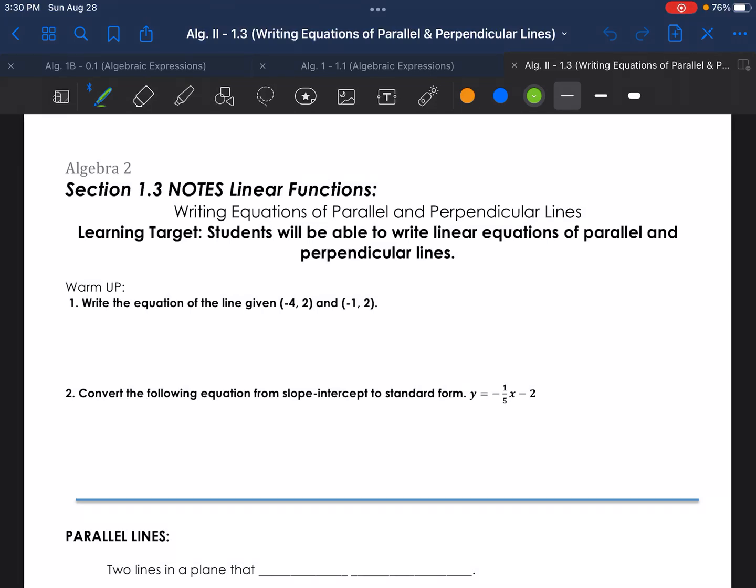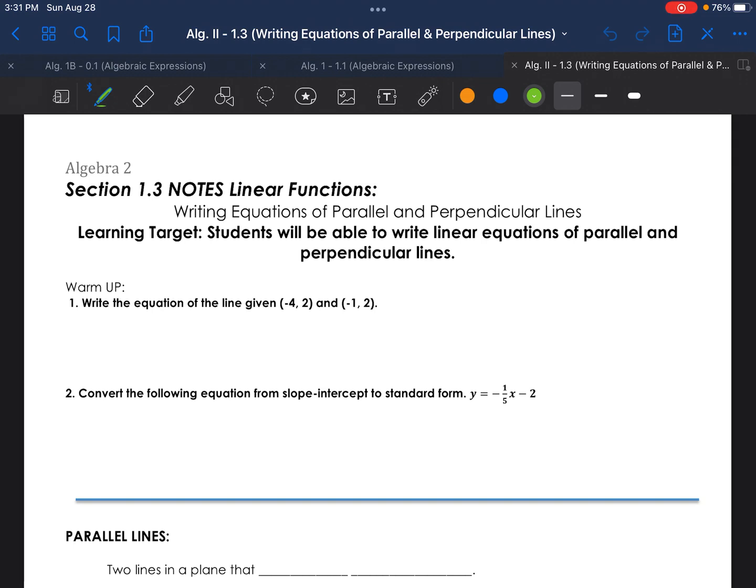Welcome everyone to Algebra 2, Section 1.3. This is writing equations of parallel and perpendicular lines. So this learning target comes straight off of that, saying students will be able to write linear equations of parallel and perpendicular lines. Our warm-up is going to be to review from last lesson 1.2, where we were writing